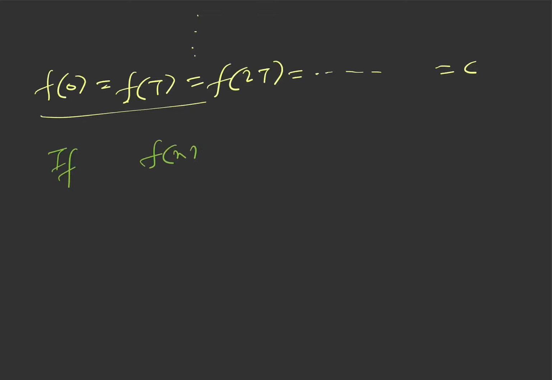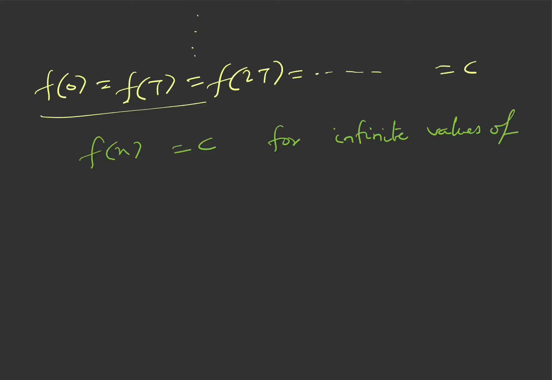And we have said that if f of x equals g of x for more than n plus 1 values, then this is an identity, right? That is, f of x and g of x are equal for all values of x. This is what we have discussed as a corollary after we have discussed the identity theorem. So now you can see that the function f of x is equal to c for infinite values of x, right?